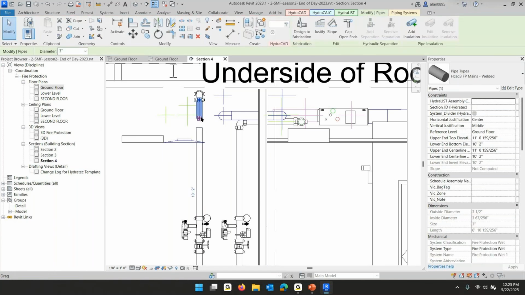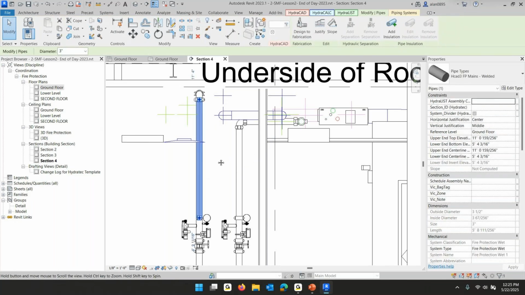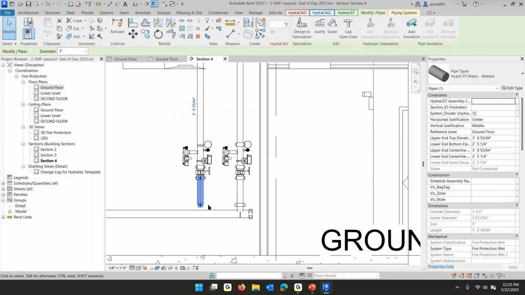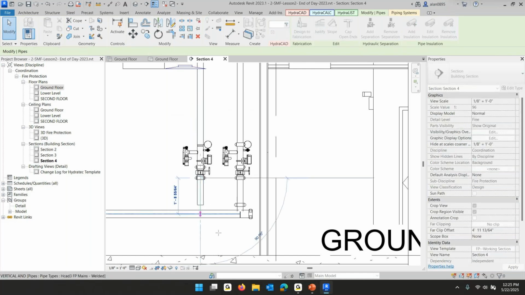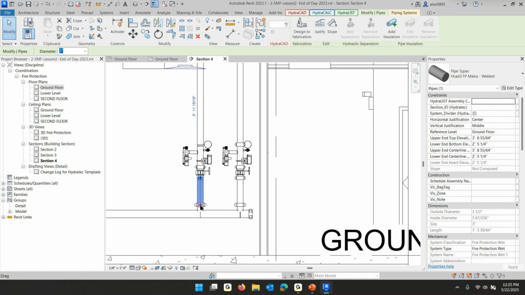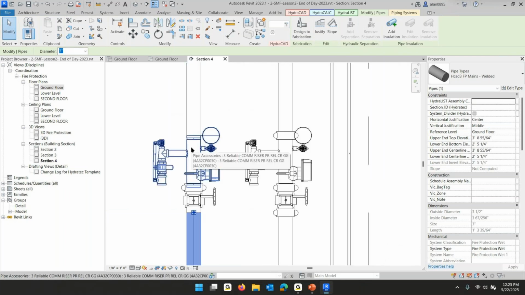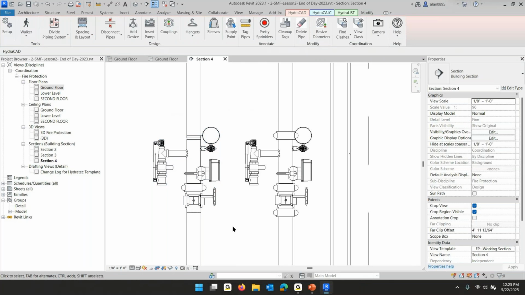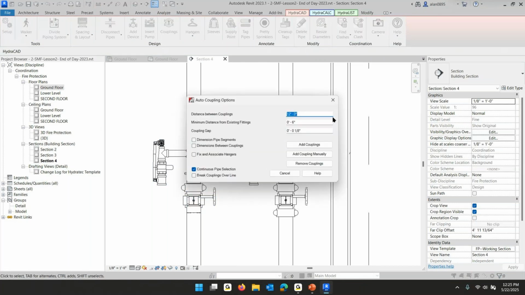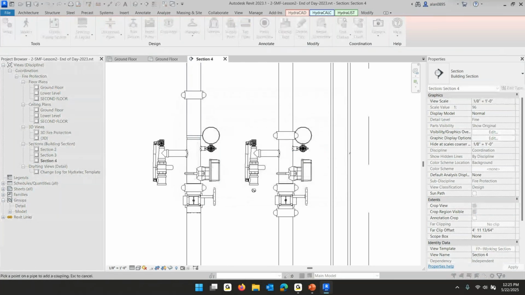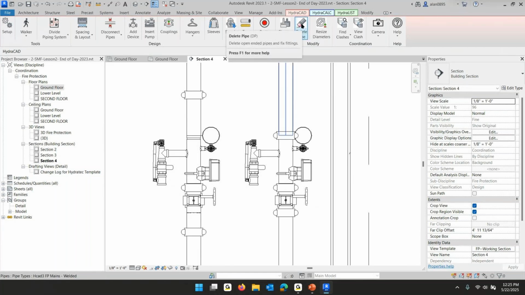I can pick this pipe and drag it onto that pipe. And I can take this pipe at the bottom, click on it, and drag its end onto the riser manifold. When you do that, you're changing that pipe. The pipe redraws itself, and it says, "Oh, I can connect right to that valve, and I can connect right to that valve." So the couplings happen to disappear. I can just pick coupling, manual coupling, and put one above and put one below, and then I'm going to use delete pipe